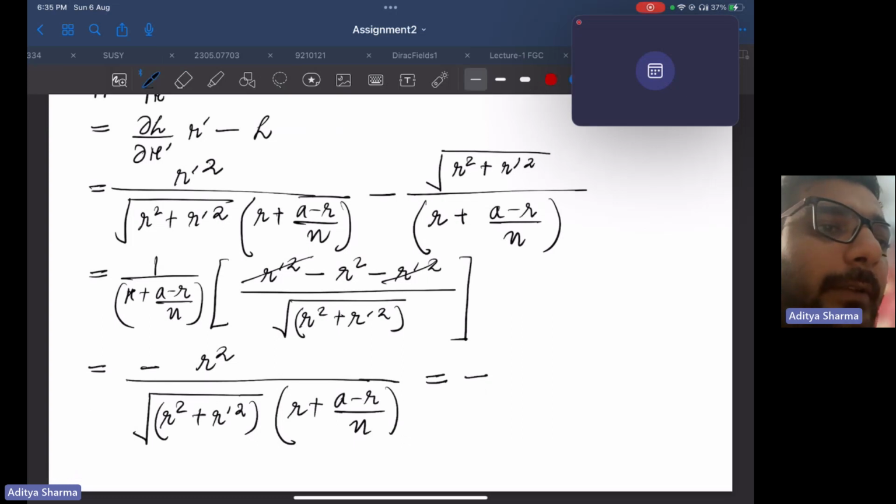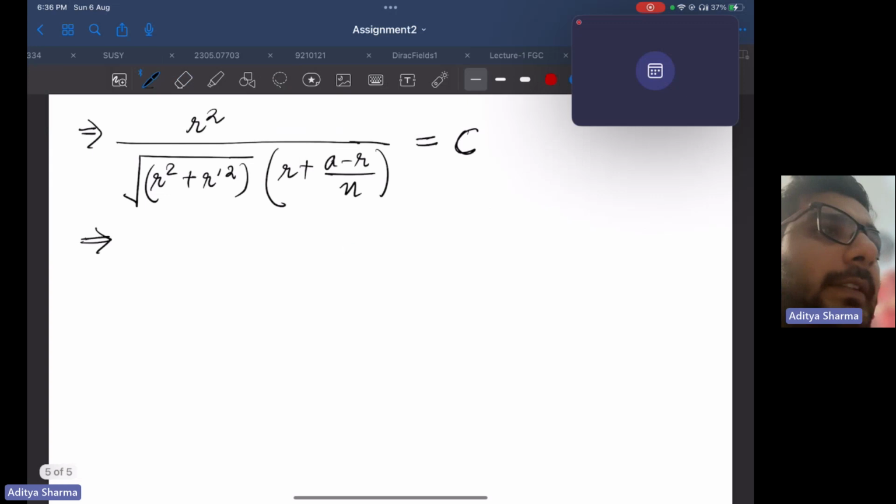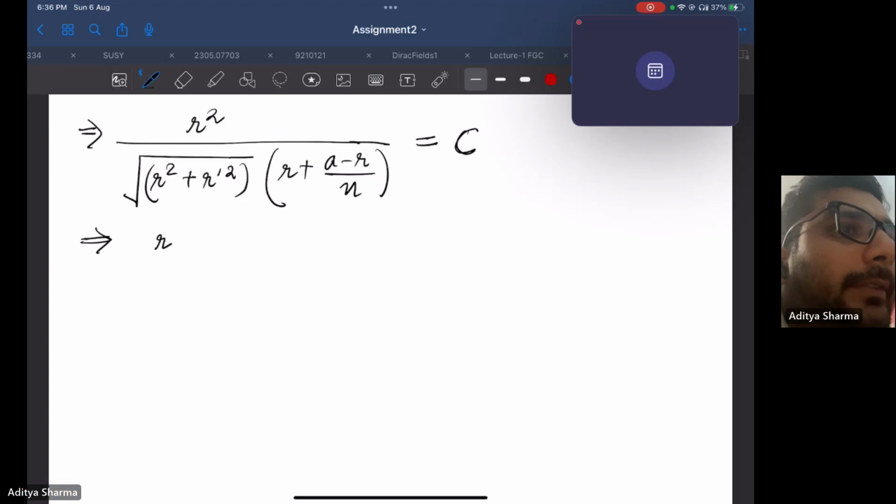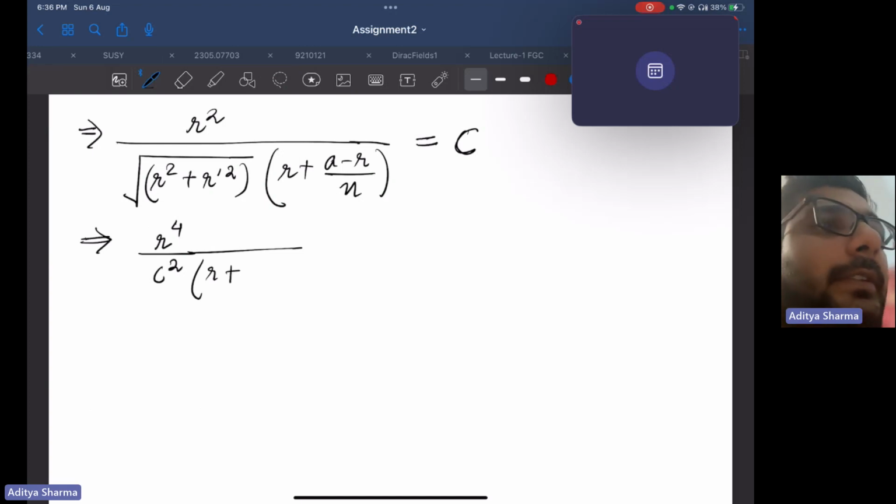So I'll rename this constant as minus c. The minus is gone, and I'll take a square after putting this side. So r power 4 by c square by r plus